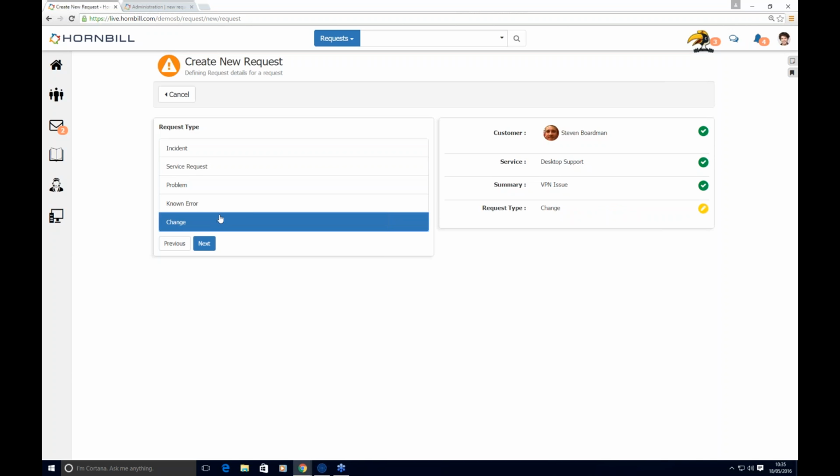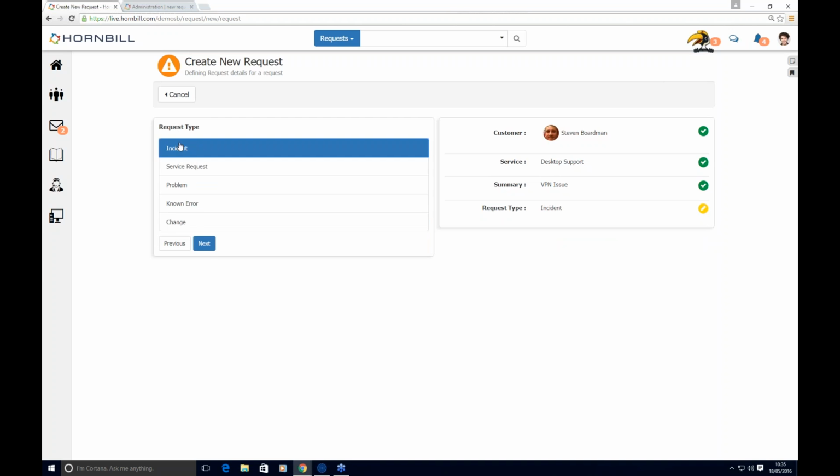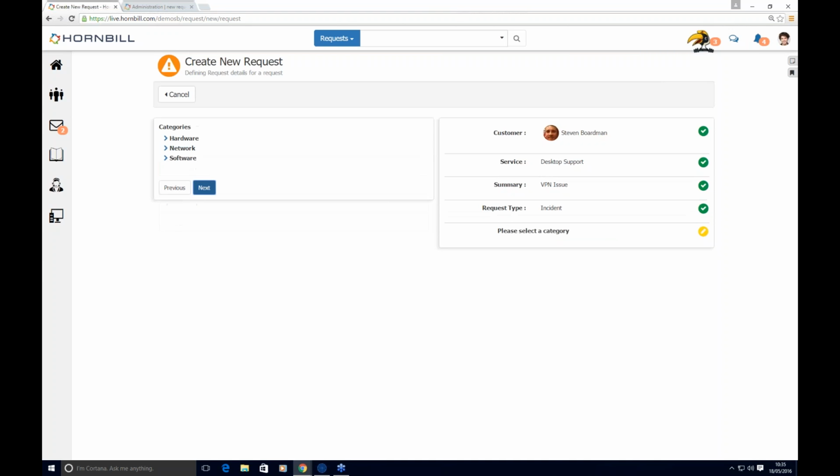Now, playing devil's advocate here, I might suggest, well, actually, my assessment of that is it's actually a change. If I follow that particular route, it's going to guide me through the questions that are related to that change path. However, having done so, it's obvious that wasn't the right way to go, so I'll come back up, change that to incident. Now I'm presented with all the information that the incident route needs me to capture, and that